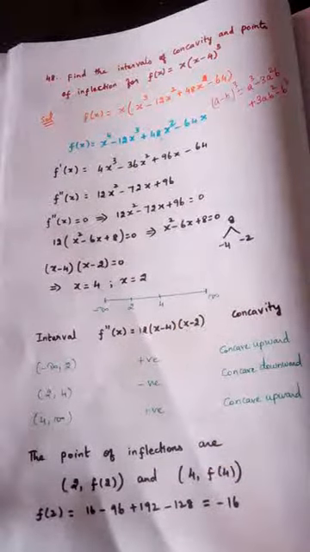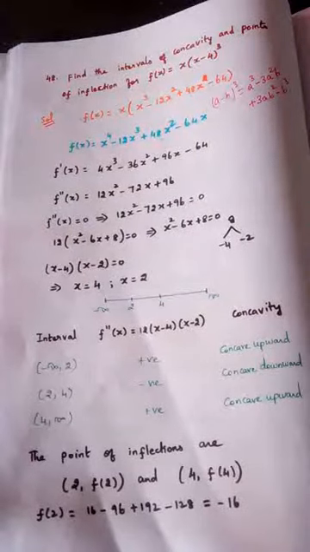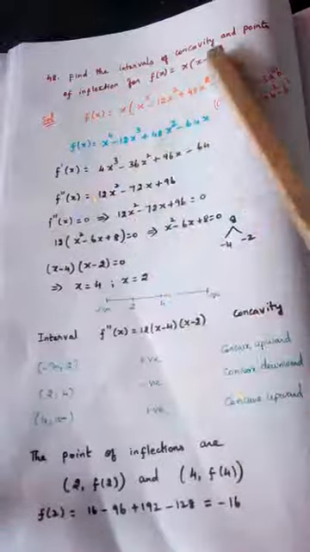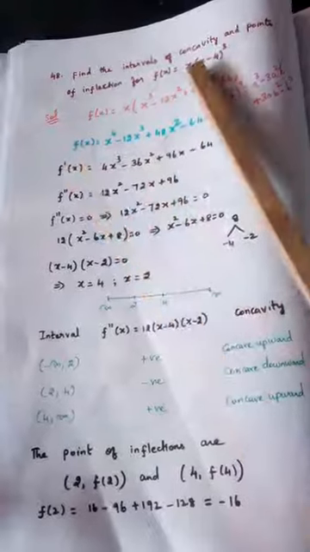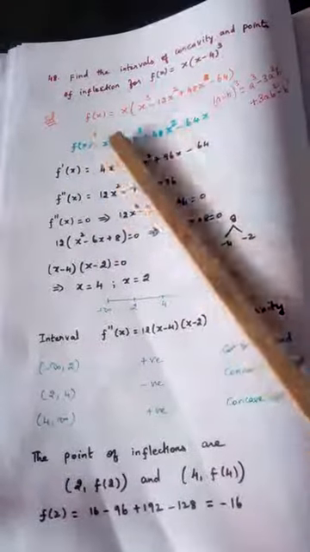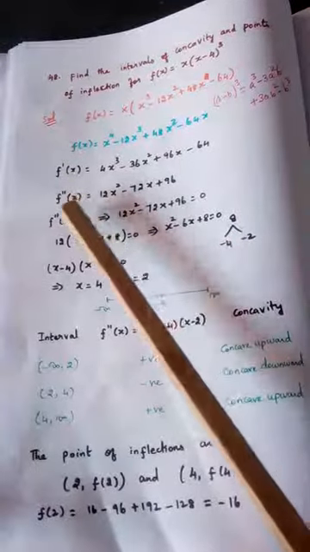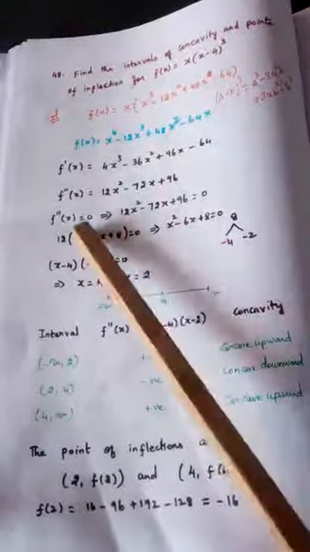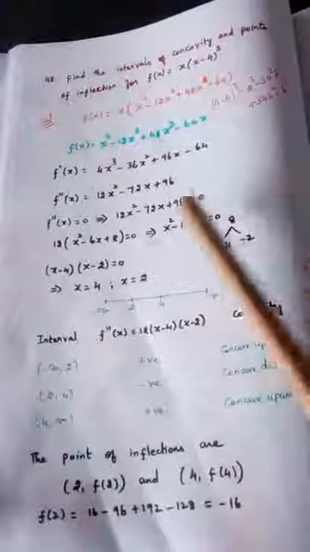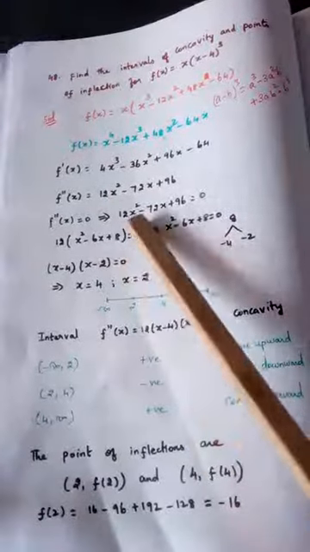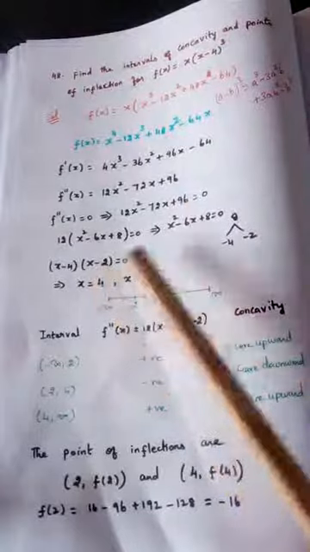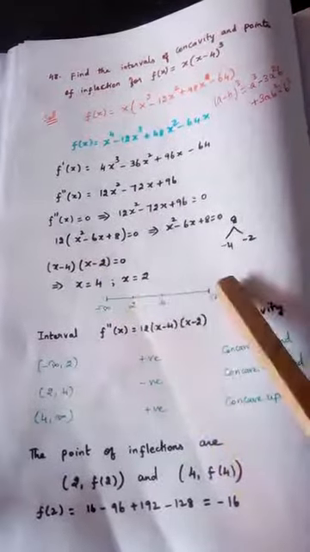Hope you would have understood this. Again, I am going to explain it from the beginning. f of x will be given to us. So we simplified f of x and got this. Differentiate first time. Immediately differentiate second time. Put f double dash of x equal to 0. So this will be equal to 0 and get two values. And simplify and get the values. Two values we are getting. Using that, draw the number line.